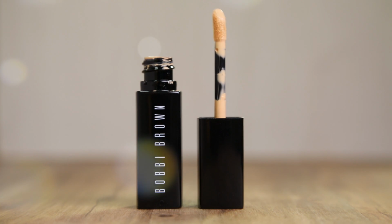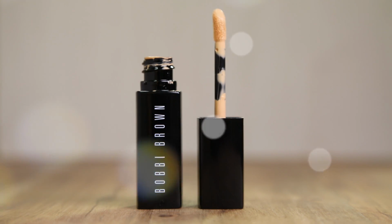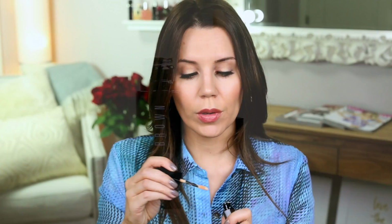Another item that is totally worth the splurge is from Bobbi Brown. You guys have seen me use this a few times now, and this is the shade Sand. It is the Intensive Skin Serum Concealer. This stuff, I am worried I'm going to go through it really quickly. That's the big drawback, that and the price, but it just brightens up your under eye area,